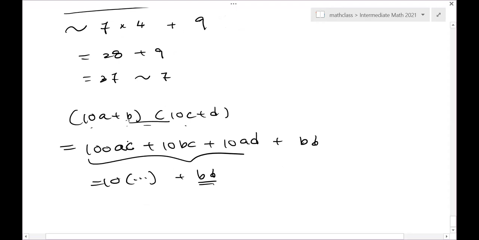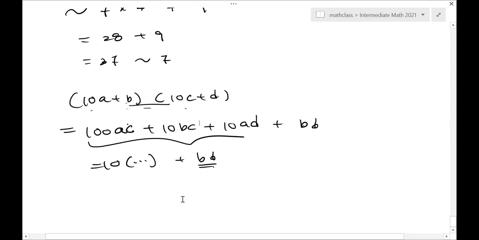So that's why you only need to consider, this is theory, b and d when you try to determine the last digit. As you can see, if you multiply them out, here is always divisible by 10, and b times d shows up there at the end, so the unit digit is completely determined by b times d. All right, so that's for today's class. Now remember,